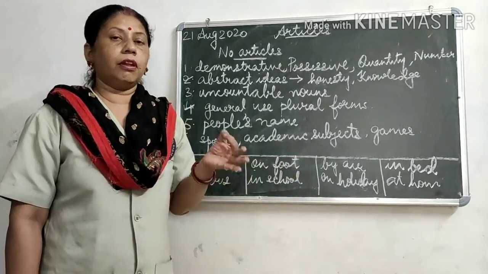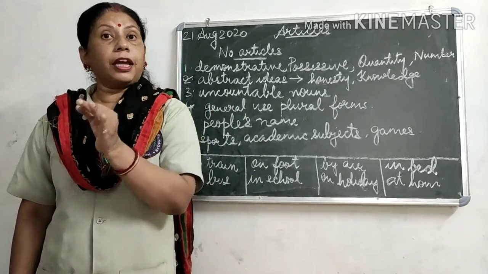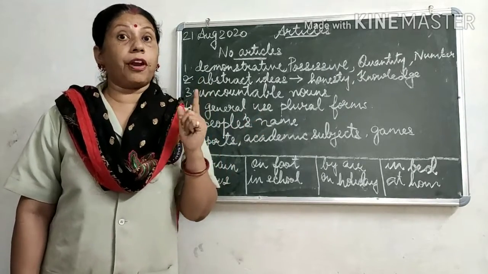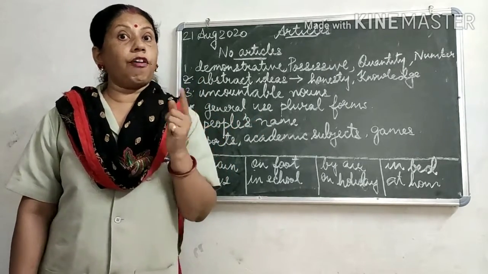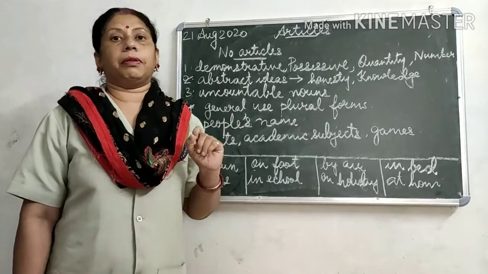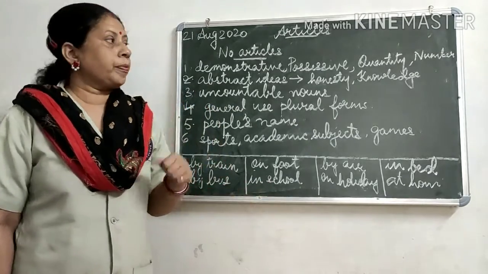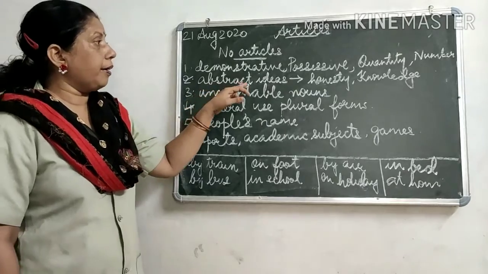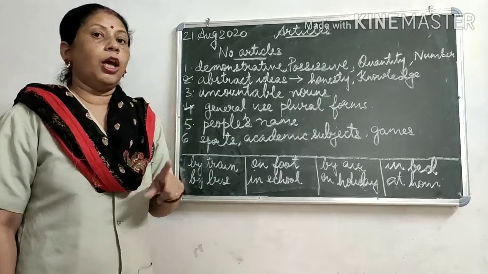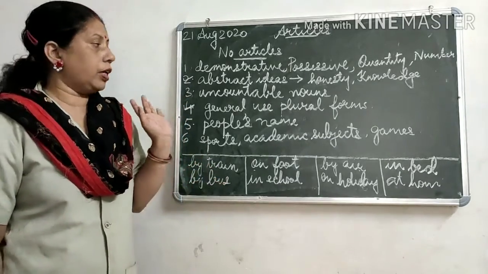Okay, honesty is the best policy. The honesty of Ajit was commendable. Now again I am referring here to the honesty of Ajit. That means one particular person's honesty is commendable. Commendable means that you can praise that person. Okay, so with abstract ideas, where in general I am talking, I will not use any article. But when I am talking specifically, then I have to use an article, right?